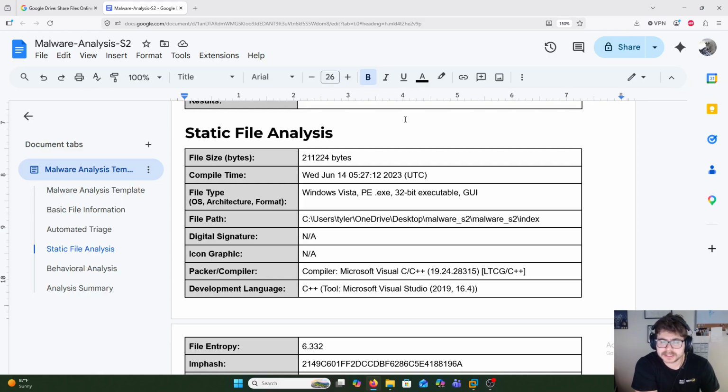It's a 32-bit executable that was compiled on June 14th of 2023. It is developed in C++, not C sharp, sorry, and in the Microsoft Visual C++